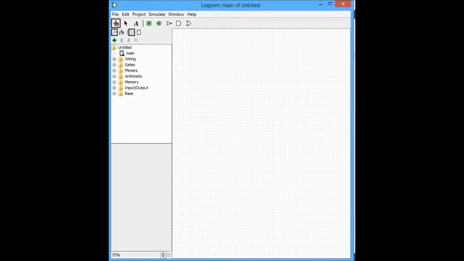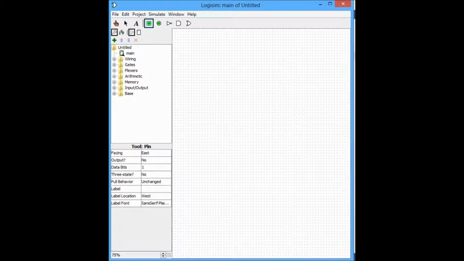This will be a pretty basic example. All we shall need are 2 pins, which we shall point facing south, and its label will be located at the north position. We said that we needed A, which we shall set here, and a pin for B, which is our second input. Now the only thing missing will be an OR gate,